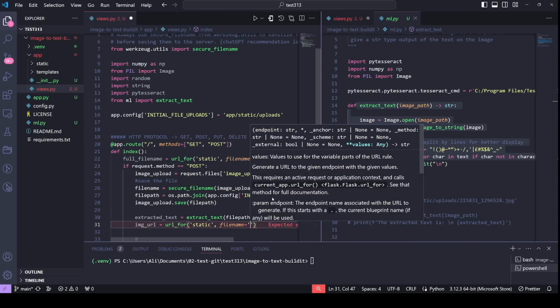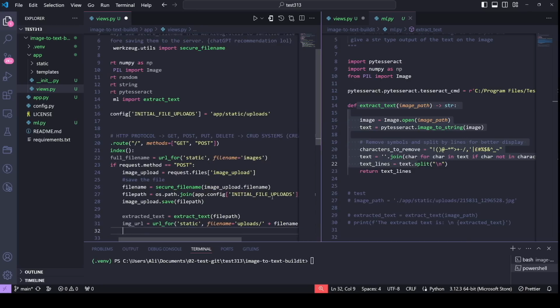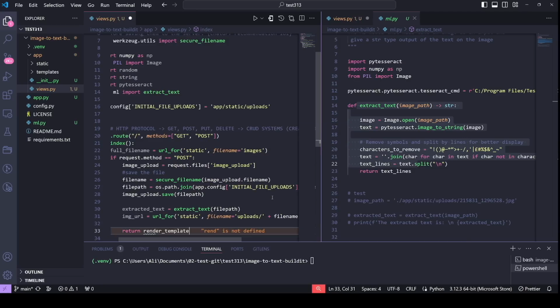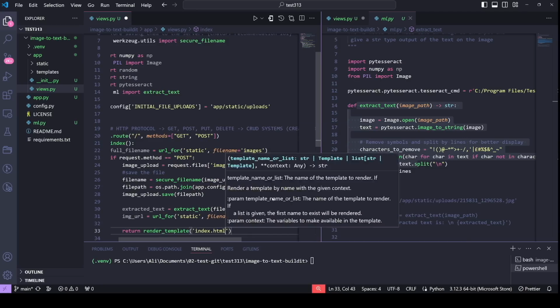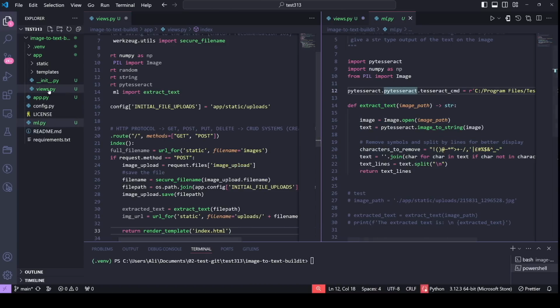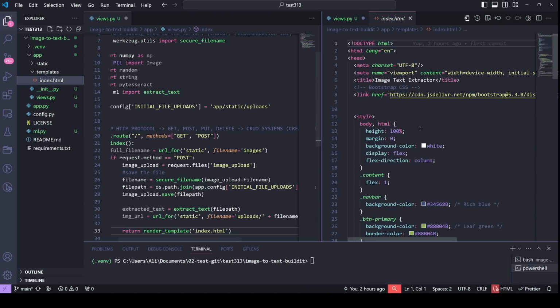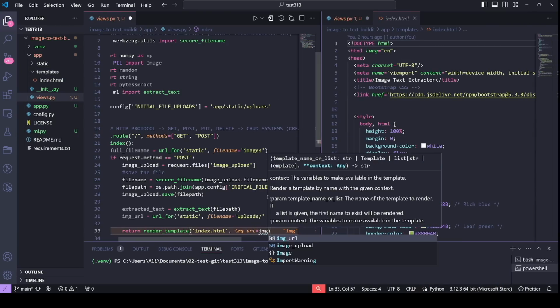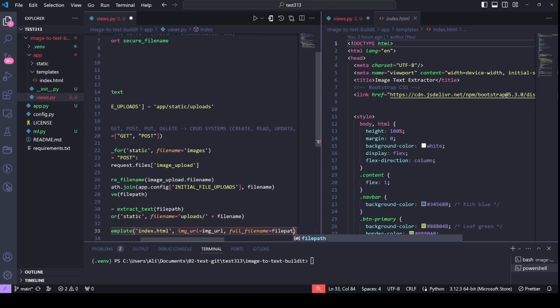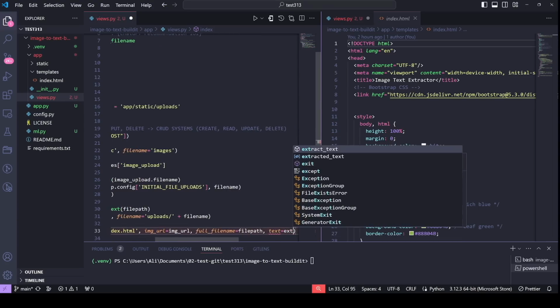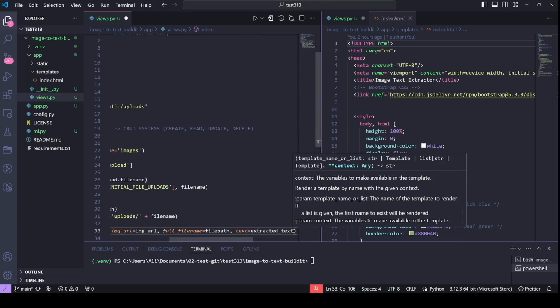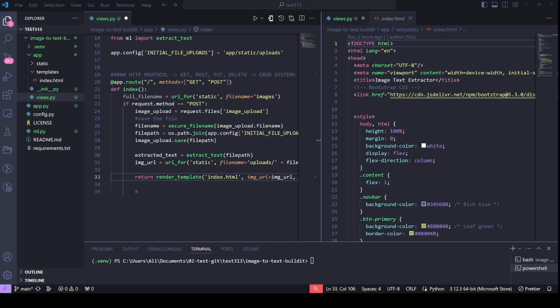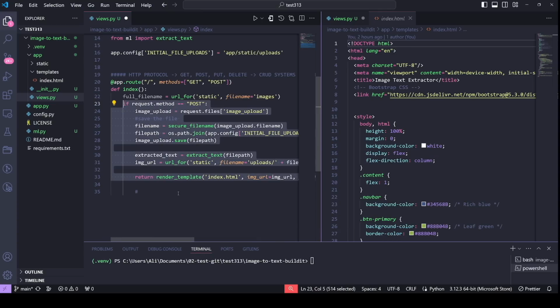for static. We'll give it the uploads plus file name, and in our return we want to render the template that will be displayed. So we want to render the template of our HTML file that earlier we were looking at. So it's this particular HTML file, and we'll say that the URL is image URL, and the full file name is file path, and the text is extracted text. So we need to pass this back onto our front end, and this covers any post request coming towards